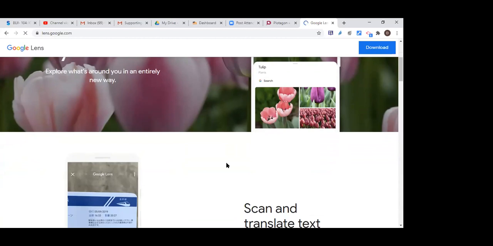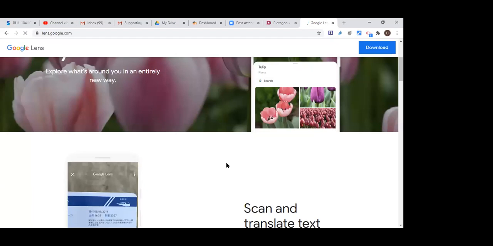Just open the app and point your mobile at any page. Let's say I am reading a book in English. Just open this Google Lens app and scan this book. Immediately the app will convert that content into any language.